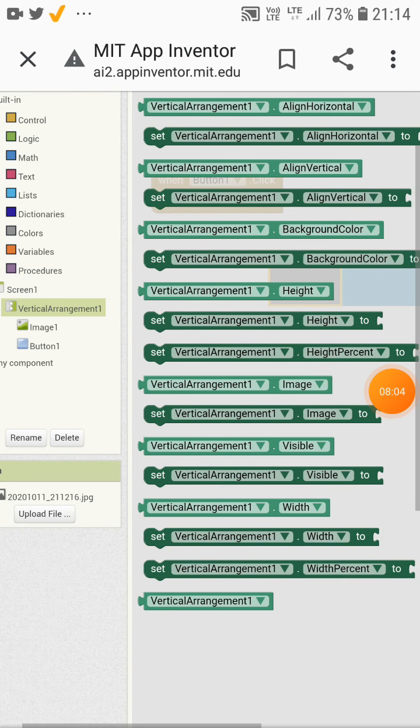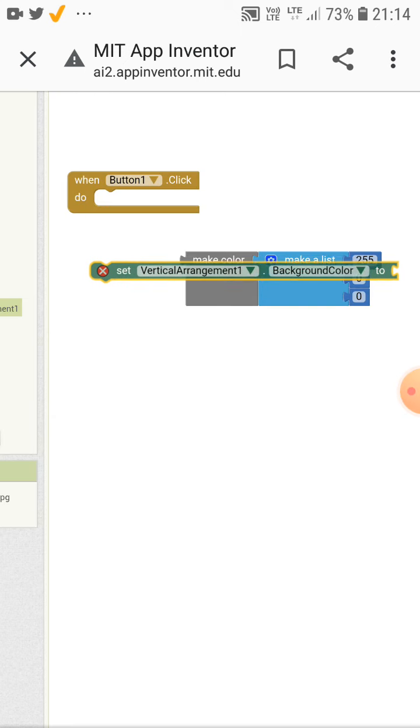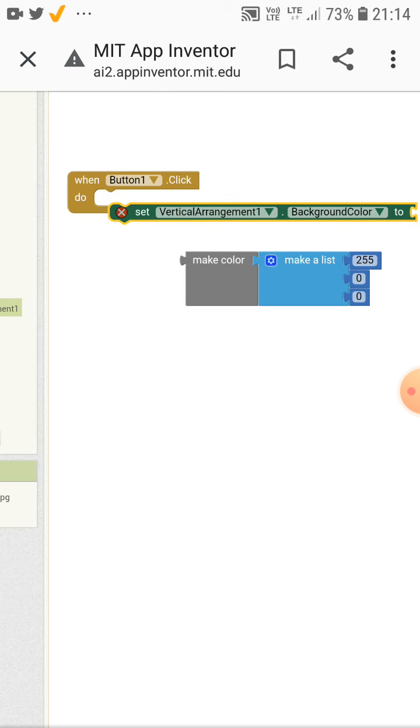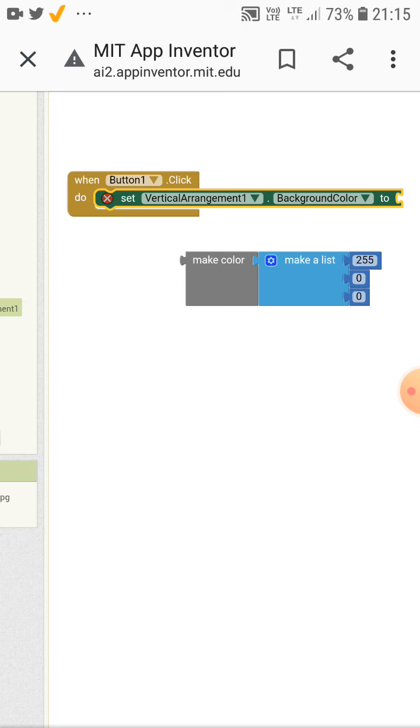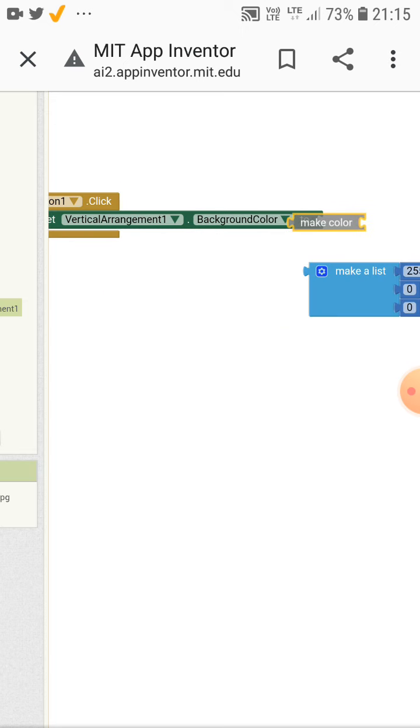Now I'll click on Vertical Arrangement 1. Here I have set Vertical Arrangement 1.BackgroundColor to. So drag it and place it here. Now drag this one and join it here.